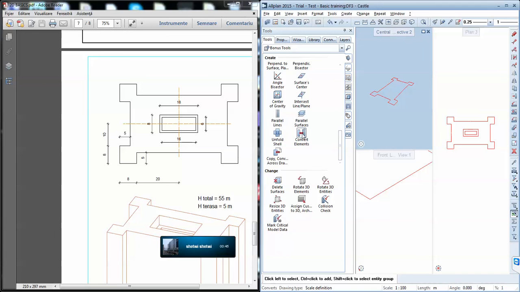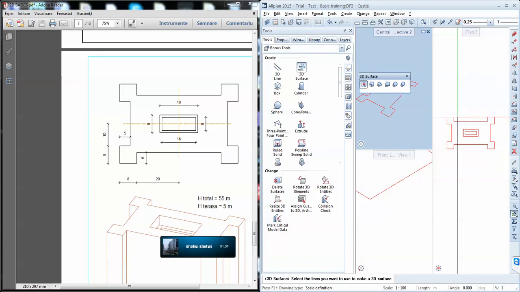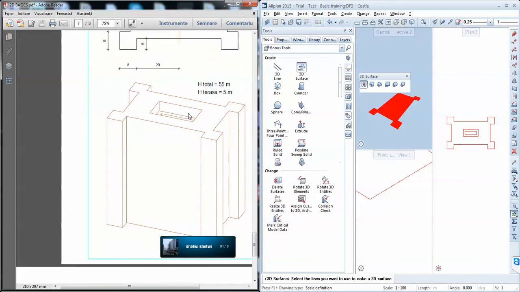I only converted the edge elements, and now I'm going from 1D to 3D. 1D are the elements which are these 2D lines. To become 2D elements, I'm going to convert this into a filled surface using this 3D surface function, the first function, 3D surfaces from existing 3D lines. I'm hitting these 3D lines. Now it became a surface, and the only thing left is